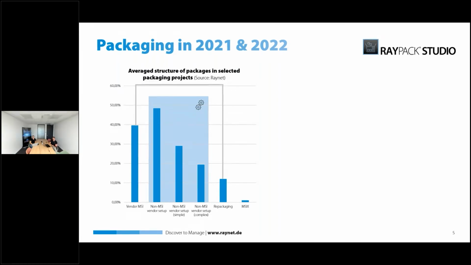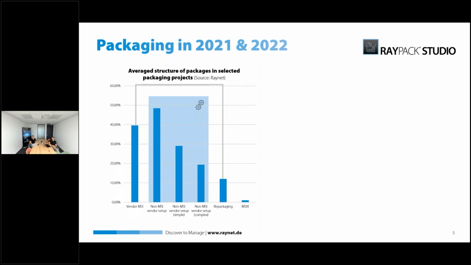Your mileage might vary. The projects that we took for this analysis ranged from a few hundred packages to a few thousand. We looked at how many of them are going in which directions. Not all of them were typical flat desktop client packaging, some of them were VDI. The sectors were banking, e-commerce, and retail. So again, your mileage might vary. But for us, what was important to see was that